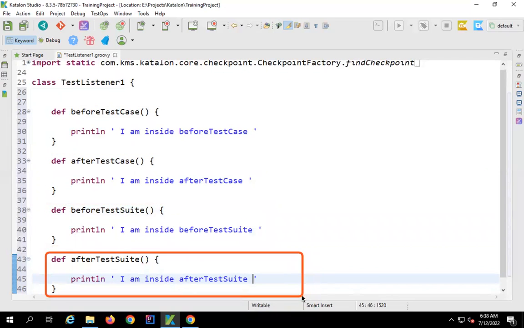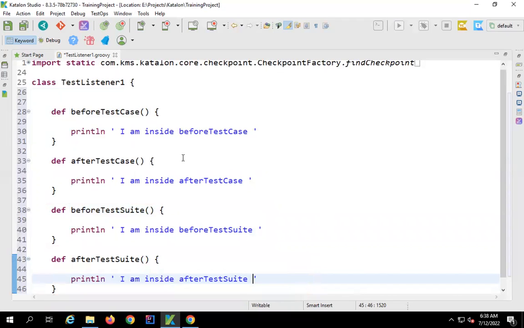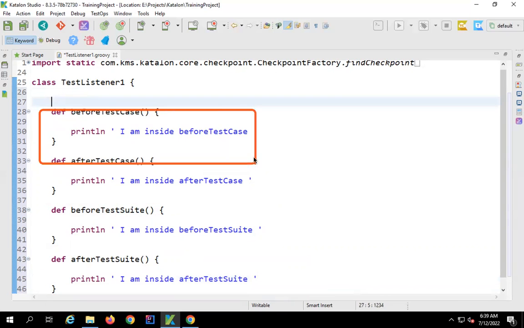and after test suite. Now, as of now, these are simple Groovy functions. These are not yet listeners, and this will not get executed before or after test cases or test suites. As of now, these are simple functions. These are not listeners. To make them listeners, we will have to add some annotations just at the top of the function. So let us say this function I want to run before running a test case in this